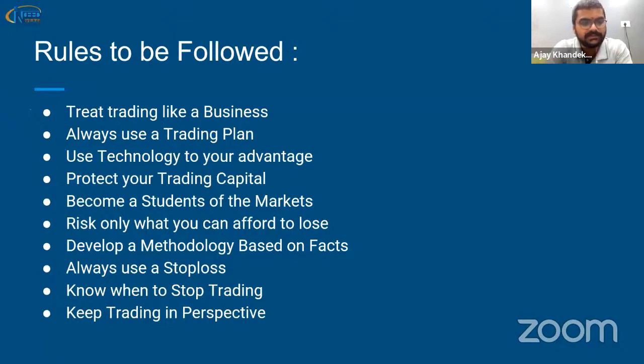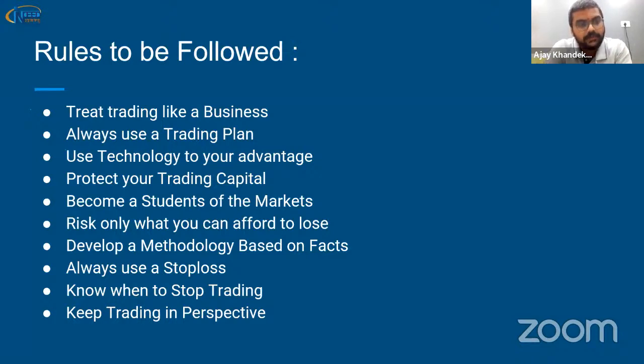Protect your trading capital. Basically, everyone thinks that when they come to trading, it's just earning, there is no loss, but it's not like that. You should first know your capital, say 1 lakh, and you should protect it first. Not just try, we should really work on how we will protect our trading capital. Because if the capital is washed out, you can't do trading. You will say that you will borrow more money, but you will just keep on borrowing, and you will never progress.